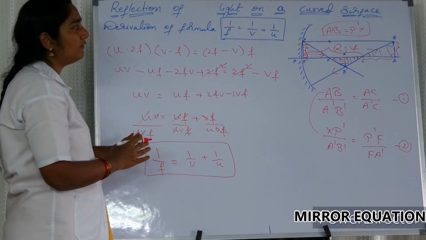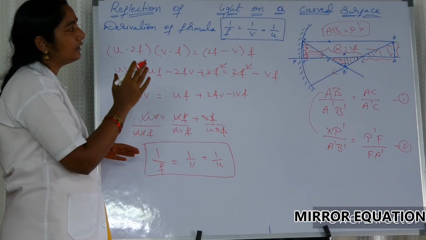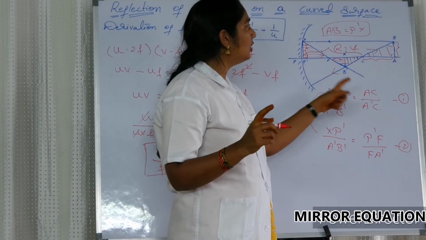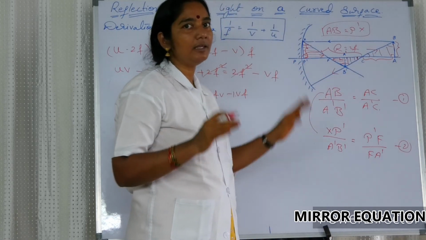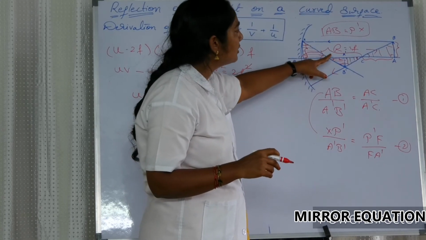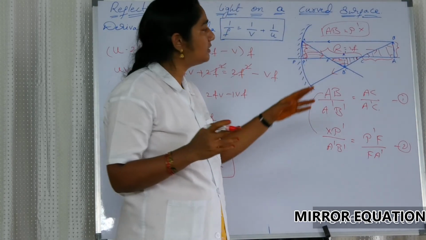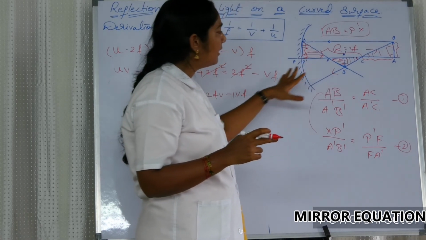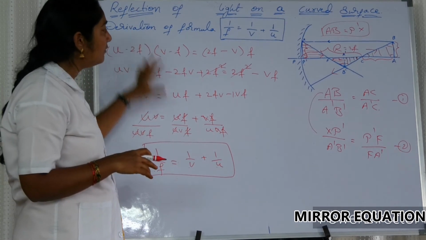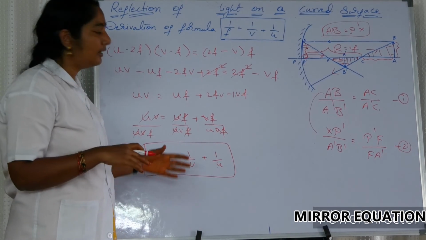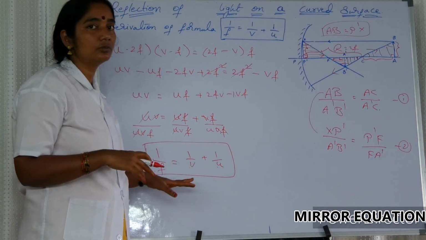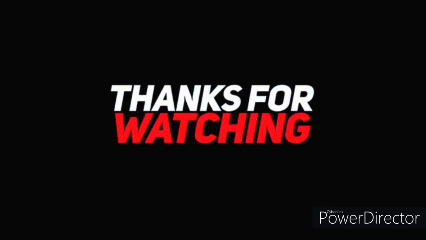In this question, when we are solving, the diagram plays an important role. When you are drawing a diagram, please see that you are using a scale. Don't draw like me, but use a scale. You have to draw the arrow marks. Arrows are very important. That shows the direction in which your rays are moving. So my dear friends, please try to follow the textbook. Please try to derive this once or twice. And this is an important equation derivation from the examination point of view also. Thank you.